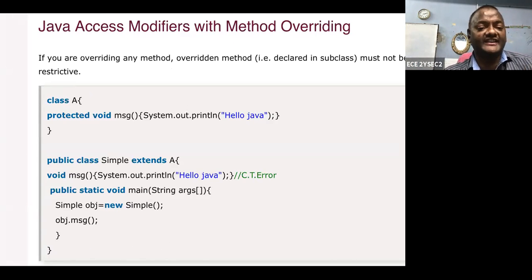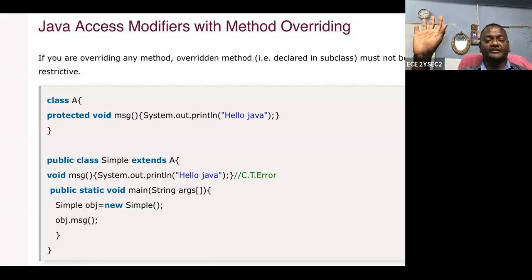So this is called access modifiers, or another name is visibility modifiers. Whether it is visible to outside, then it is public. Whether it is not visible to outside, that is private. Simply you can understand that. Private stands for not visible to outside. Public stands for it will be visible to outside. So these are called modifiers.